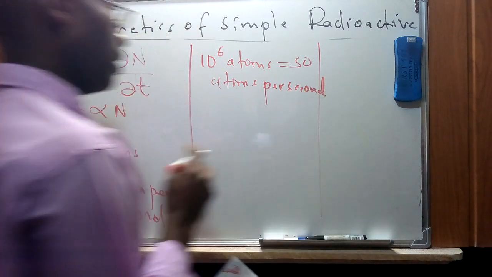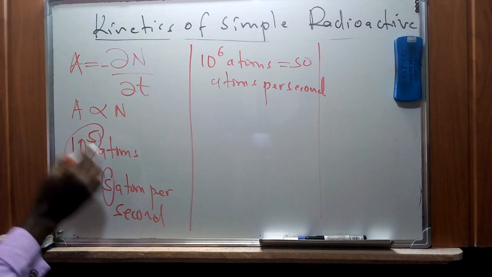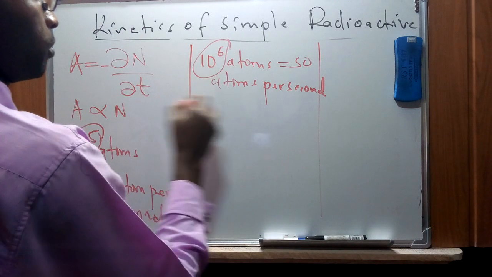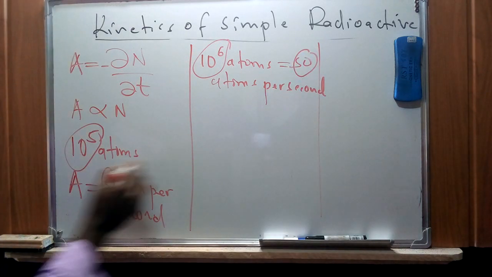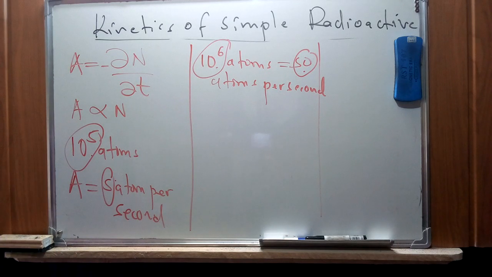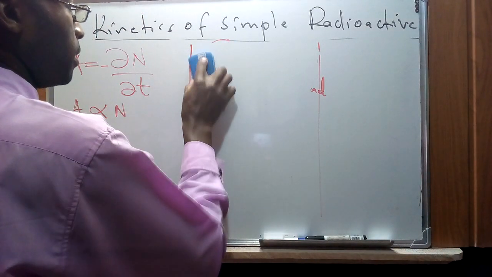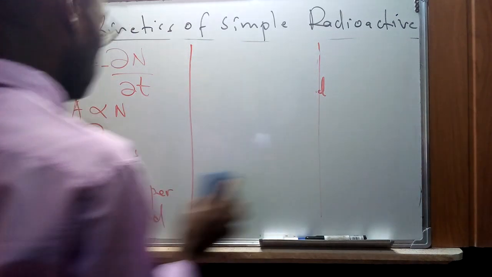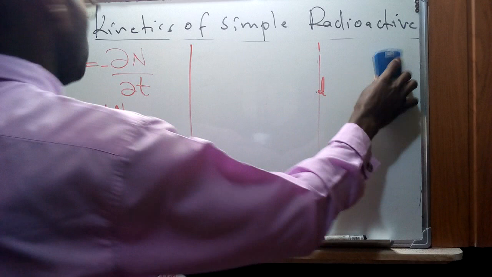So the relationship that I want us to see is the effect of these two aspects on the rate of decay. Comparing this rate of decay and the number of atoms present, we can see the relationship between the two, and this is going to assist us in figuring out how this decay rate can be mathematically represented. So if I proceed from that point,